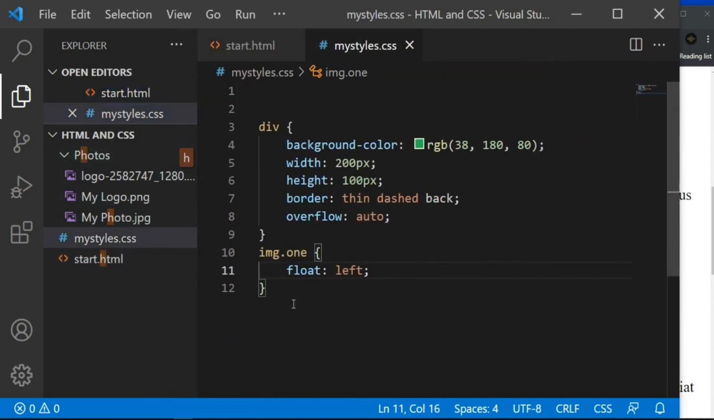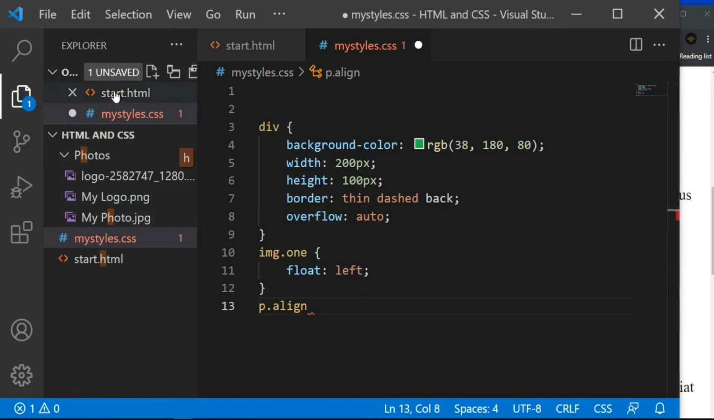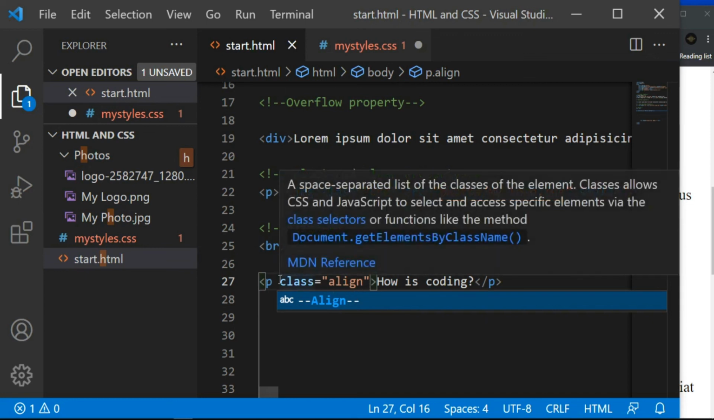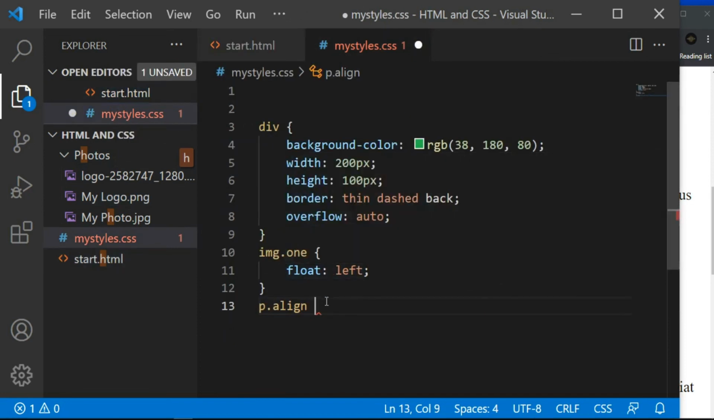Go to your CSS now, and then write the selector as a P, but the align. Was it align? Let me go to my HTML and confirm. Yeah, it's align. Then click Control plus S. I guess this is the correct spelling for align. Go to your CSS, write align, and then open and close the curly braces, and say